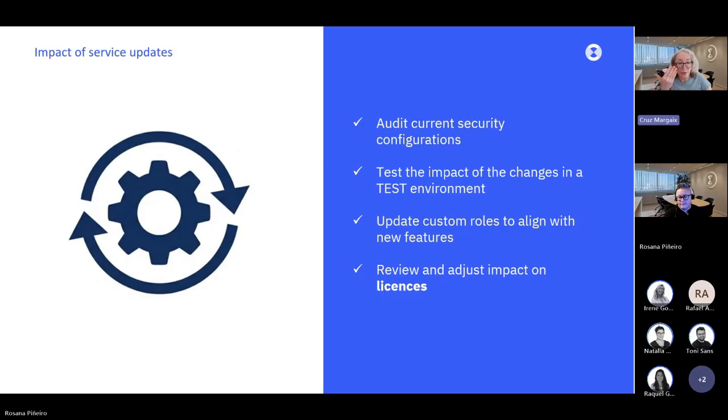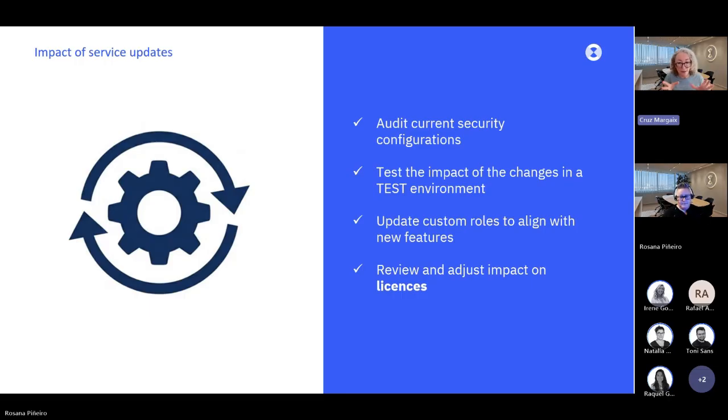That means that for every service update, administrators should be reviewing and auditing their security configuration, testing the impact of the service update changes in security, and then updating the custom roles accordingly. Because these changes introduced by the service update may mean a risk in terms of security, or may mean an increase in cost because of licenses.